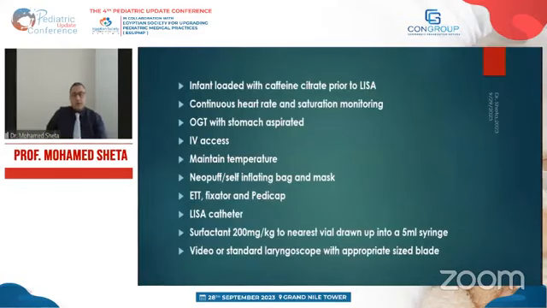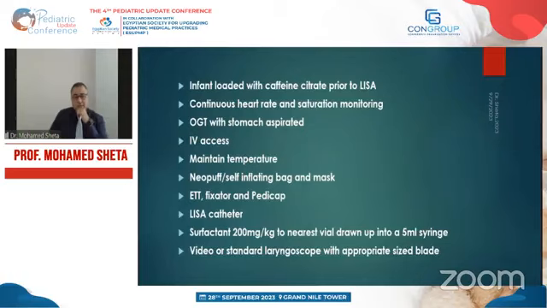So this is what we have to do prior to surfactant administration by LISA technique. Infants should be given caffeine citrate, of course, to help their breathing, with continuous heart monitoring and saturation monitoring, OGT with stomach aspiration, IV access, maintaining the temperature of the baby, NeoPuff and self-inflating bag and mask,